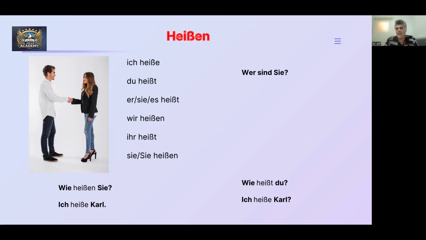Wer sind Sie? This is another question that we can ask about the name. Wer sind Sie? Means who are you? What is your name? Like this. Wer sind Sie? Ich bin Amanto. Wer sind Sie? Wie heißt du? Wie heißen Sie? All the same. Ich bin, but formality and informality is the difference here. Wer bist du? Informal case. Wer bist du? Ich bin Karl. Ich bin Amanto. Wer bist du?